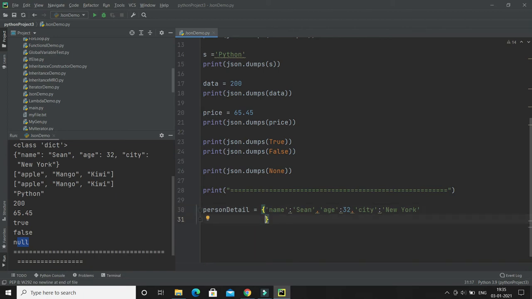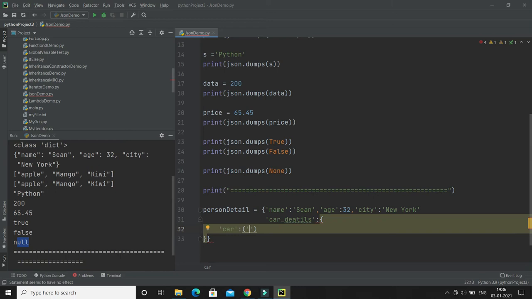Let's say I would like to add the car details. Right, car underscore details. Here I'm just going to create a dictionary inside a dictionary, a nested dictionary. In the car dictionary, I'm going to add some cars as a tuple. A person can have many cars.